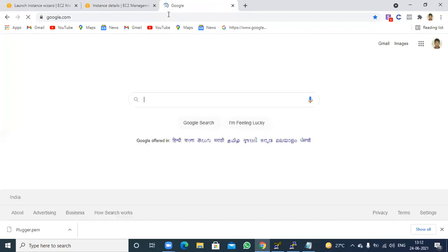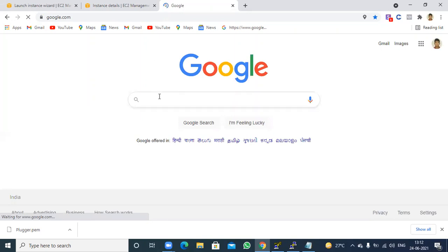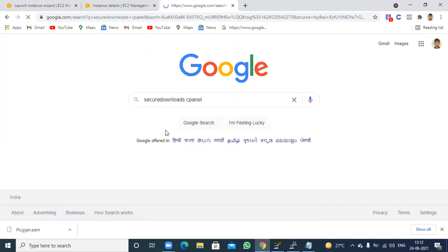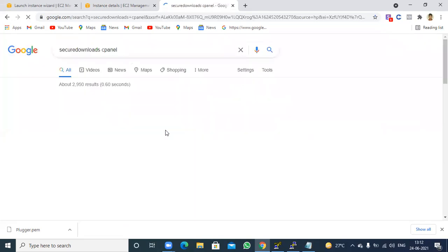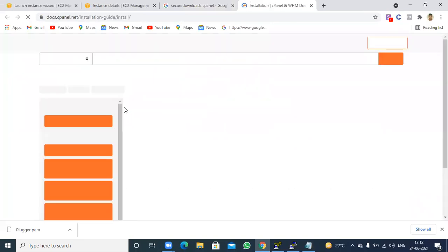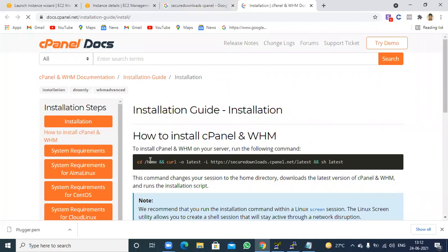Now you need to search for cPanel secure downloads. I am going to enter secure downloads.cpanel.net. Now you need to click on the main website, documents.cpanel.net. After you have opened this, here it is showing